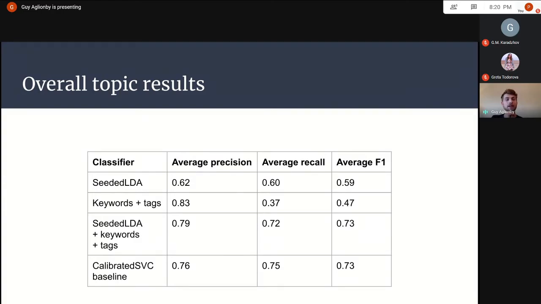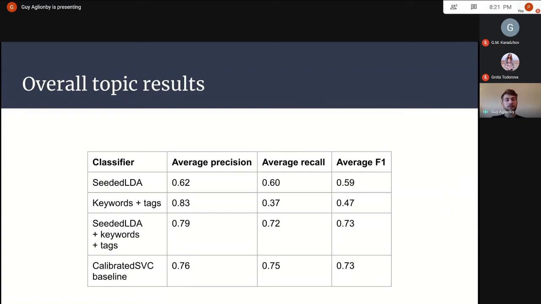So the baseline is a calibrated SVM. It's just an SVM over TF-IDF features. Those TF-IDF features, you can imagine, are for each document a list of features per word. TF-IDF is high if a word is mentioned frequently in a document compared with its overall frequency. So if speeding is mentioned in a document a lot compared to how much it is mentioned on average, the response is probably about speeding. But words like I, and, or, but have very low TF-IDF values because they're just used everywhere.